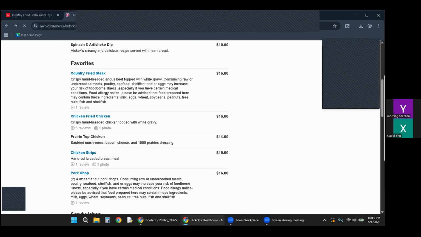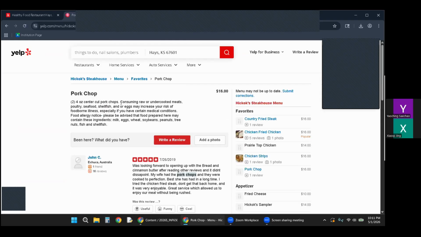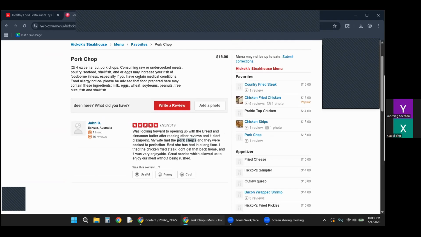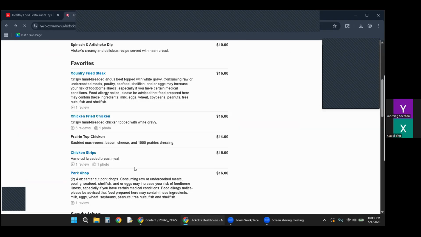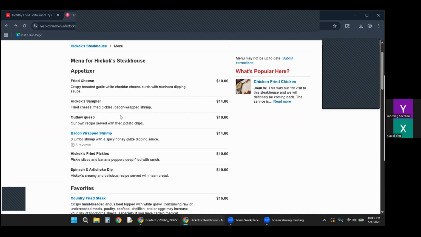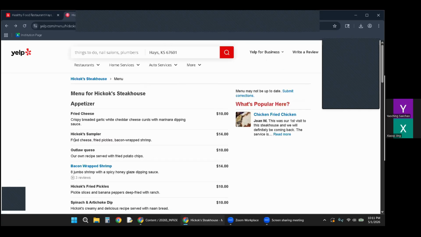They actually don't have pictures for everything, so even if I wanted to see it, I couldn't. It's just clicking to the reviews. So if I really wanted to see what somebody thought about their food, at least they have that going for it. But I don't understand why we wouldn't have it for everything and only certain things. Maybe there's not enough people that use Yelp to do reviews like this.